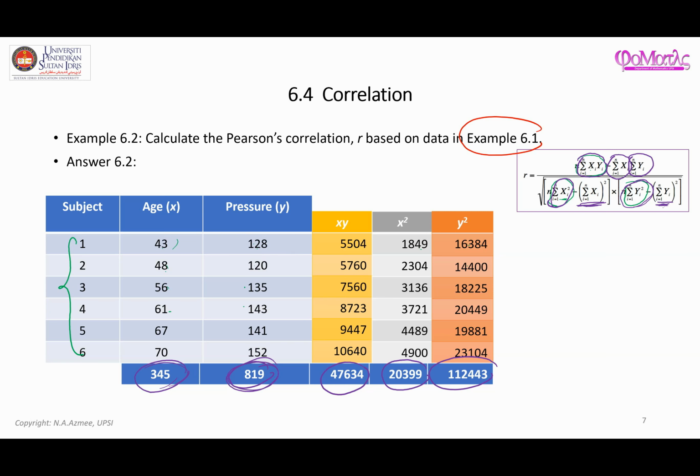And let us just try and do it properly. So here we have r is equal to, let me just erase this part so that you can see it more clearly. Okay, let us do this together now. R is equal to n, and n here is 6. The sum of xi yi is this one here, 47,634, minus the sum of xi, which is 345, times the sum of yi, which is 819, over the square root of